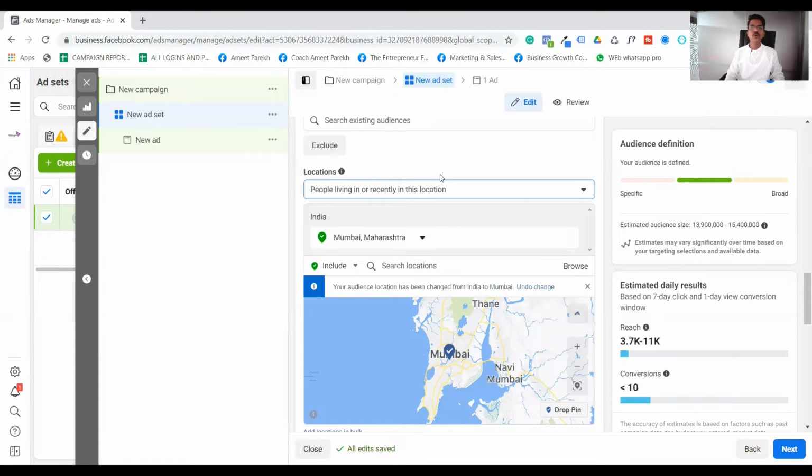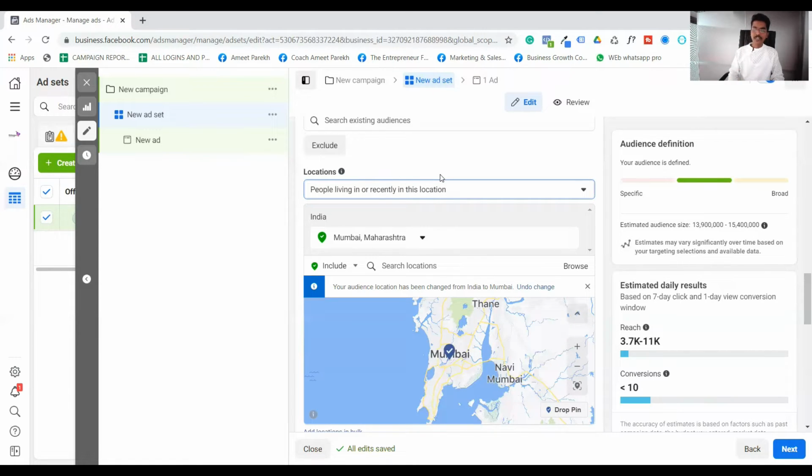Then you need to show an advertisement to those people who are actually in that area, because they are your actual customers, right? If you are showing an advertisement to people who are actually visiting or recently in that area, they might fill your form, or they might convert from your advertisement, but they are not going to be your customer, because they will go back to their countries, right? There are so many visitors.